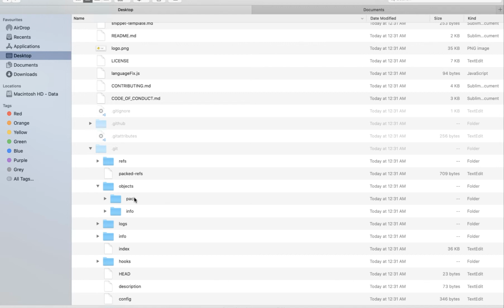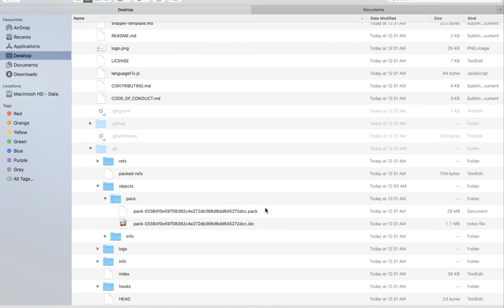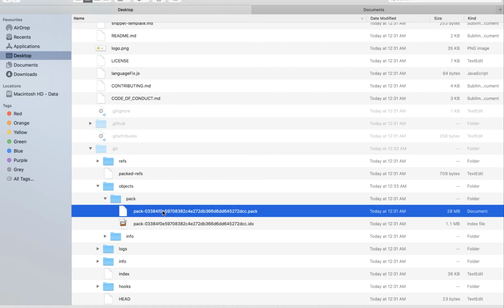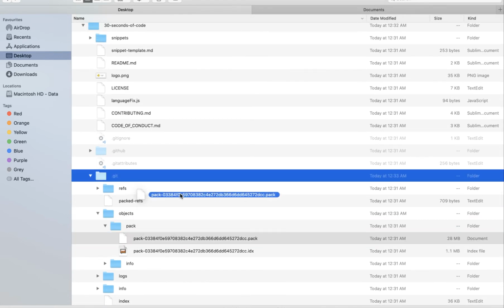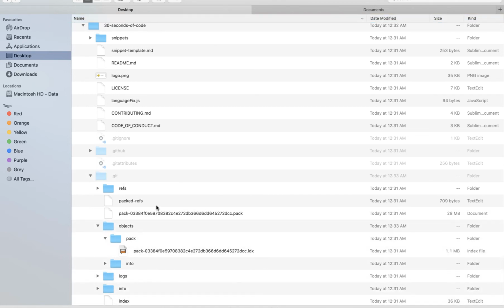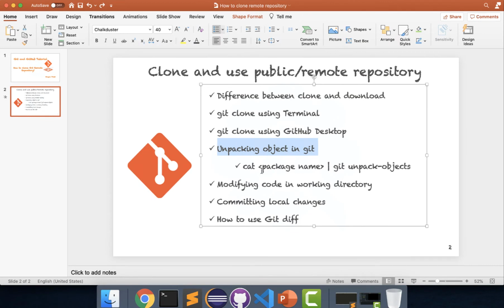the repository is optimized in such a way to save space. So that's why all the objects are compressed and formed into a .pack file. If you see this particular file, this file contains details of all the objects that are present. In order to unpack this particular file, we have to do some steps. First step, we'll just drag and drop it here in the .git folder. So you can see this file is present in the .git folder, and we are only using the .pack file, not the .idx file. After that, for unpacking this particular pack file, we have to use a command: cat space the .pack file name space pipe symbol space git unpack-objects.